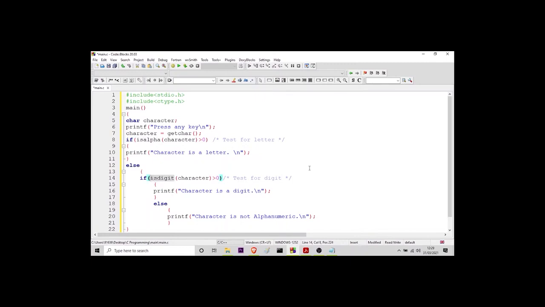Now you can see the whole program. I will explain it line by line. Here I have used the variable of character data type. Then I'm printing "press any key", followed by character equal to getchar. Then it will wait for the input from the user, and finally it will check